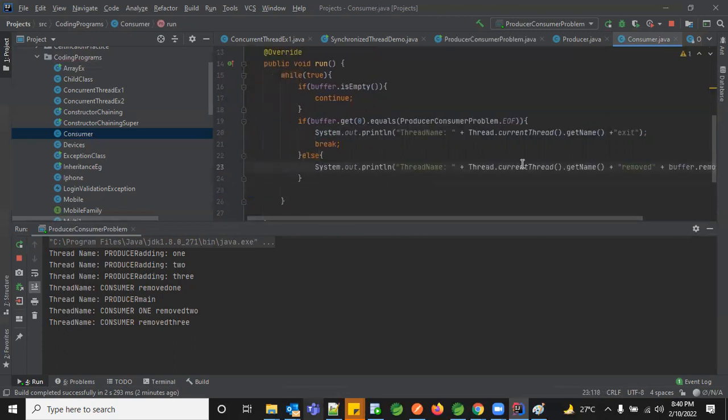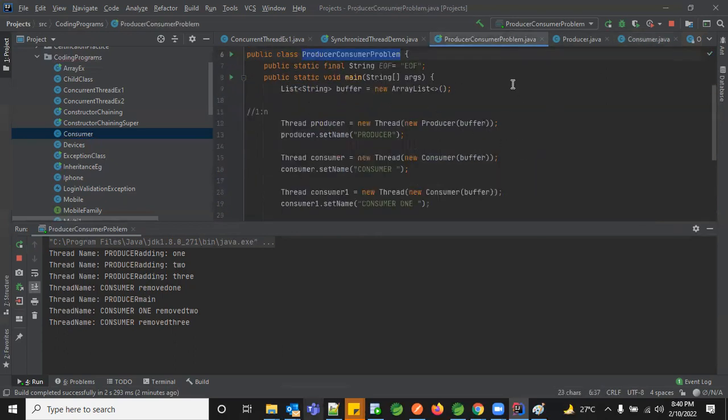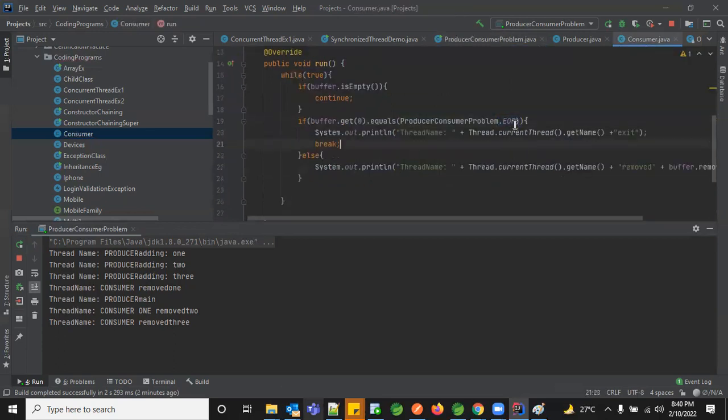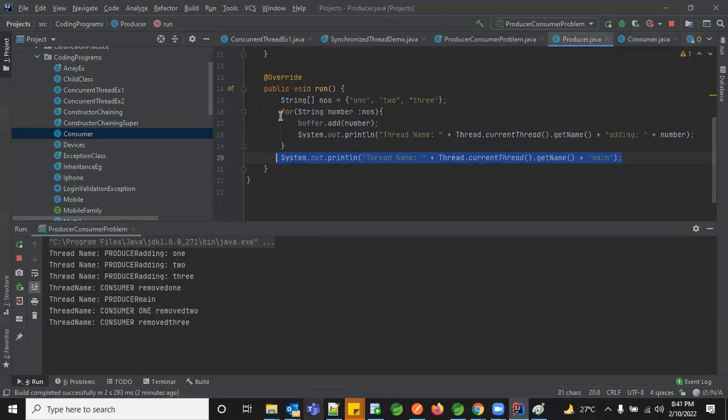So what did we do now? To have a control in our system, we created an end of file in our main class, and we wanted to make sure whenever we get this as an input, we consider that this is a stage where we need to come out of this. So this we did in the consumer part. But what did we do in the producer? We are just adding the data. We didn't add the end of file anywhere here, so we need to add that too.